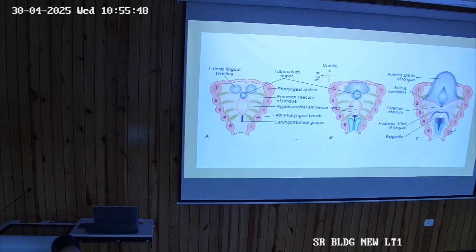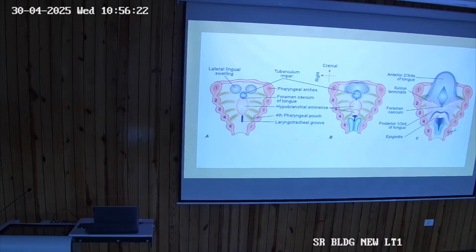Now you can connect this part with the development of respiratory system. From this laryngotracheal groove, there is downward outgrowth of respiratory bud which is going to form two, right and left, lung buds. Okay, so this is the part of laryngotracheal groove. This part is going to form epiglottis and this part of the fourth arch is going to fuse with the third one and going to form what? Posterior 1/3 part.